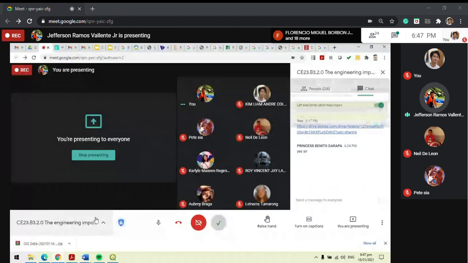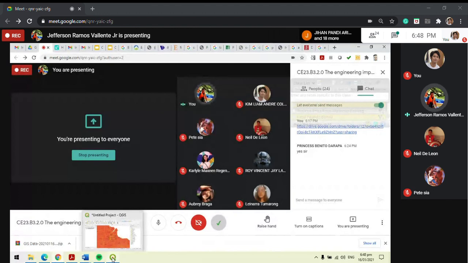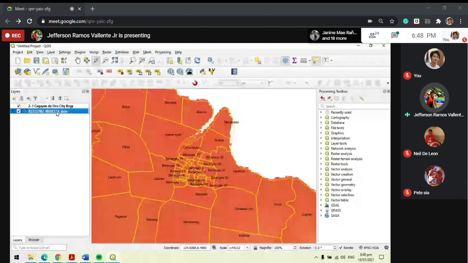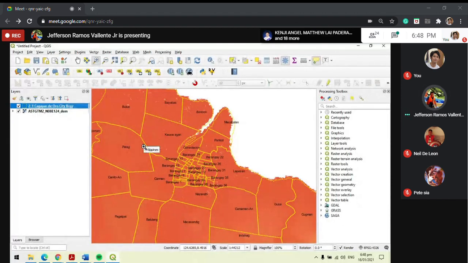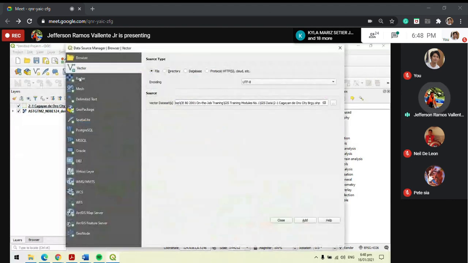Sige. So, for your exercise today, what I just need from you is to finish viewing the raster file. Maload na siya dapat. The vector file, and then the last portion where you need to load the Google Earth file. So, maload diri sir? Yes, maload na to ang online nga data sa Google Earth. So, it's a very simple step lang. To do that, just go to Open Data Source Manager here. And then there's a button below for